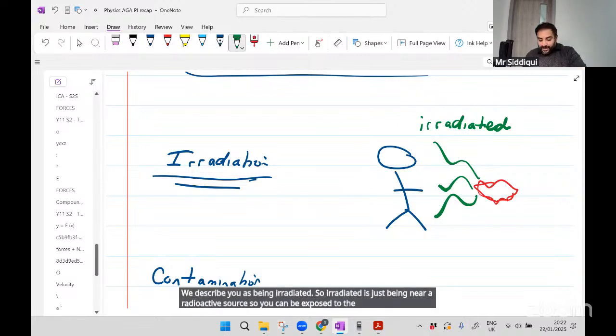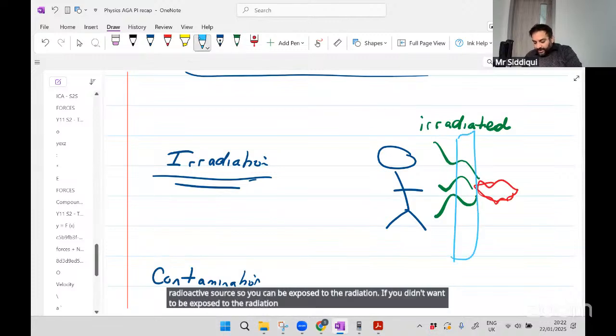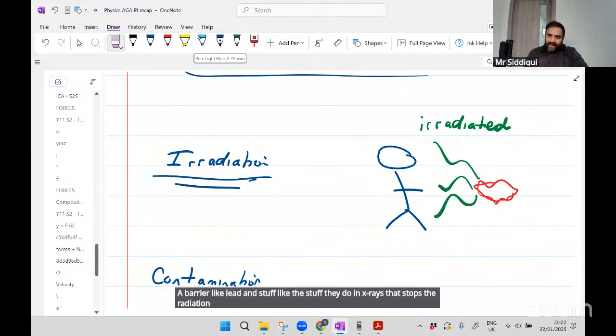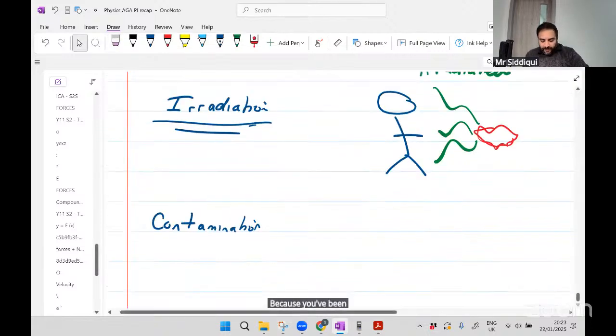If you didn't want to be exposed to the radiation, you need to put something in the way, a barrier like lead, like the stuff they do in X-rays, that stops the radiation getting to you. But in that situation, you are irradiated because you've been exposed to the radiation. Whereas,